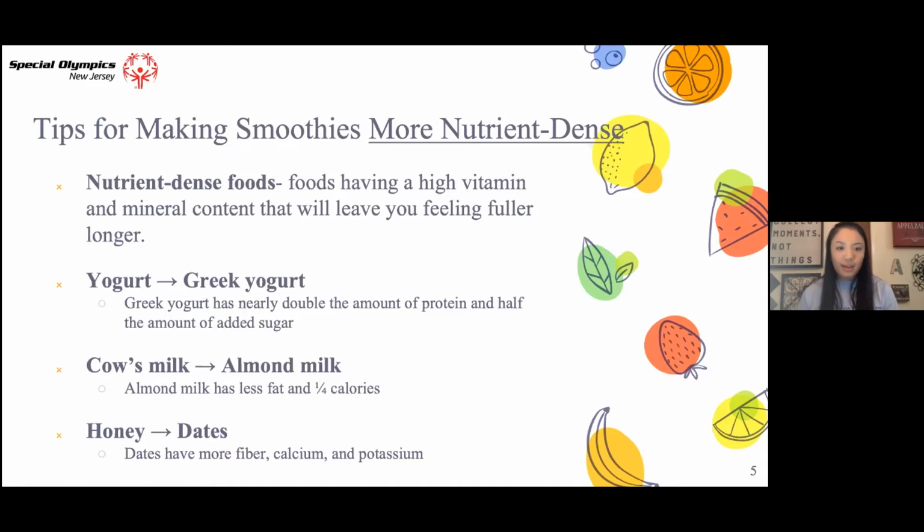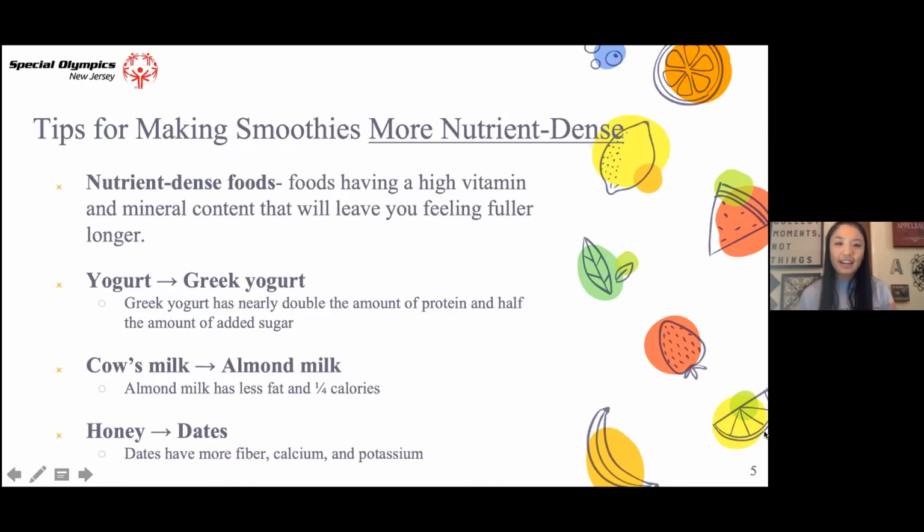So then with honey, sometimes that's commonly used to sweeten different smoothies. A lot of times, something I can think of is if you made a chocolate peanut butter banana smoothie, you might add a little honey in that as well. Things to think about with the honey is that you can make easy switches with it. Here, I have the example of dates. Has anybody heard of dates and what they are? Yes, I have heard of those things. Yeah, so